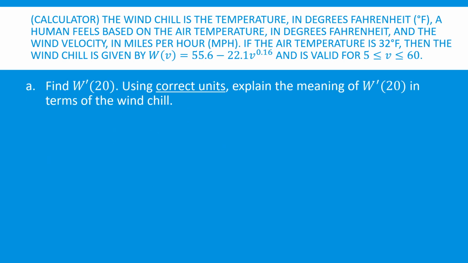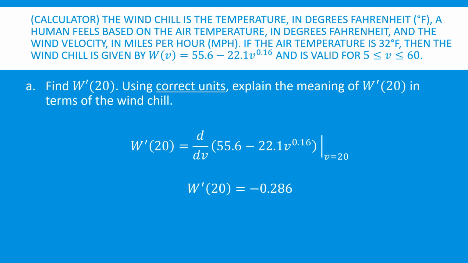So the first question they want us to do, again with the calculator, is find the derivative of W at 20. And then they want us to explain what that means in terms of wind chill. So in my calculator, to find W prime of 20, I'm simply going to take the derivative of this function such that V equals 20. I'm literally typing it in just like this, and the calculator should spit out that I'm getting a W prime of 20 of